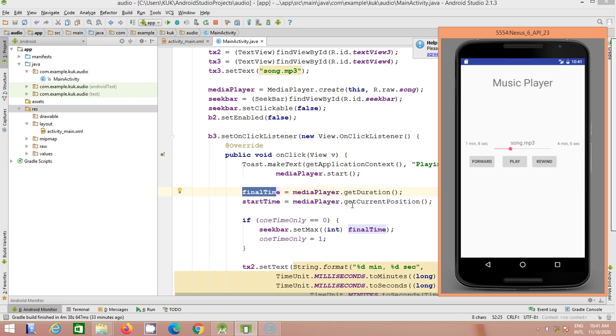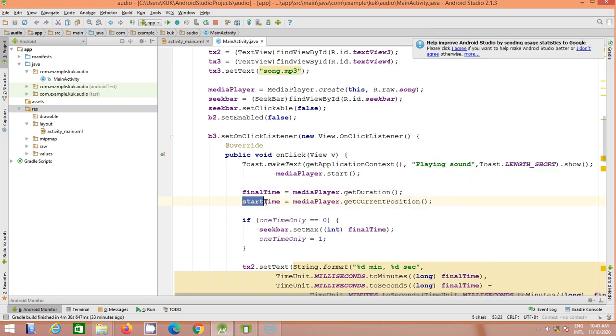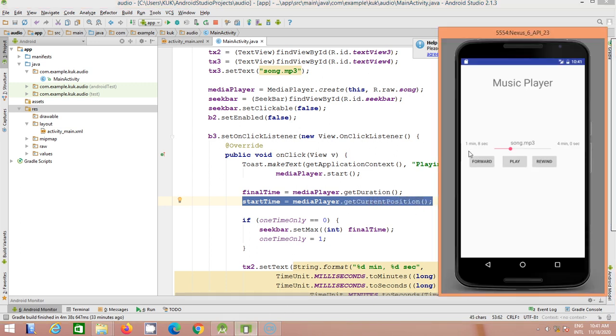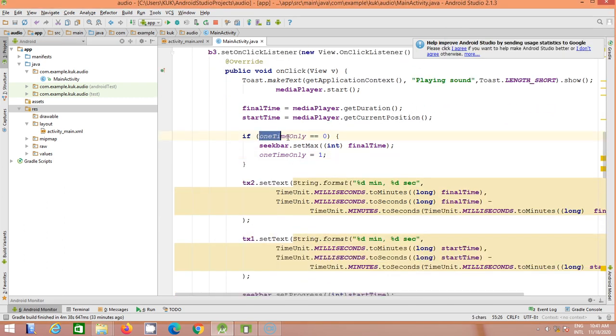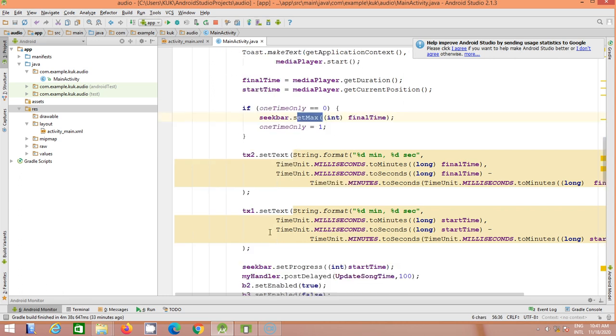And getCurrentPosition obtains the current position in the duration. So startTime equals mediaPlayer.getCurrentPosition. Start time is displayed here, final time is displayed here. We set the argument one time only, that is equal to 0, and seekBar.setMax equal to final, that is the value we have set.